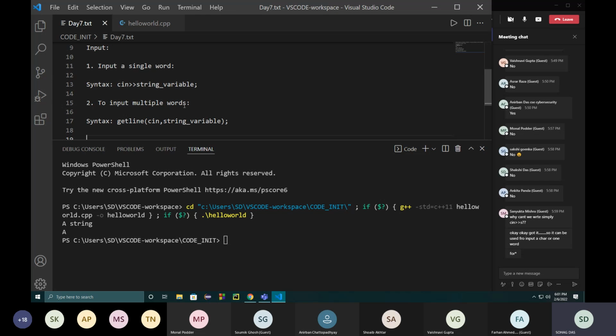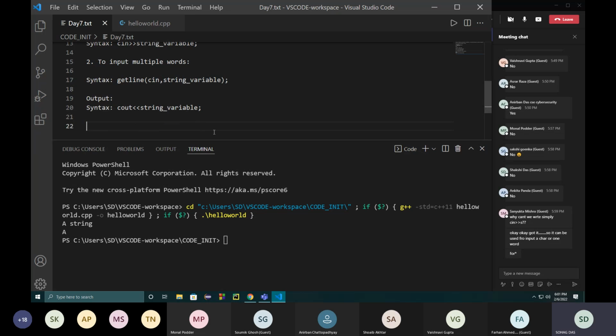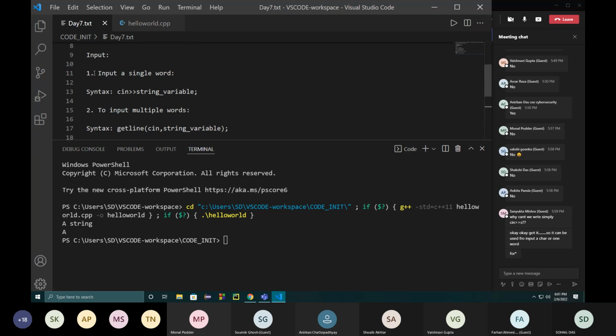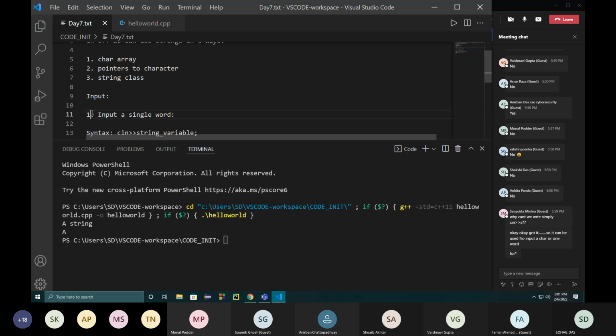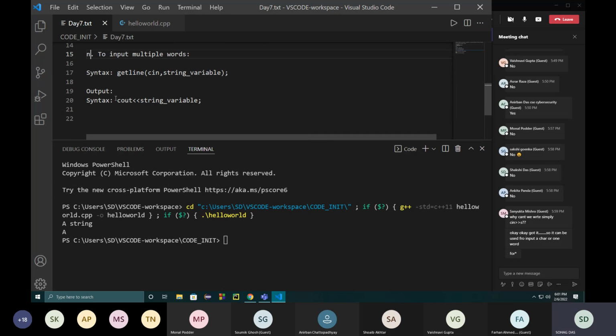So next, we saw input, we saw output as well. That is simply cout and the string variable. Okay. Let's just change this to A61. Now coming to the